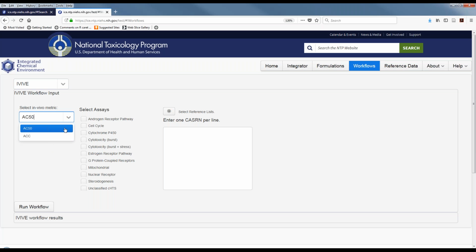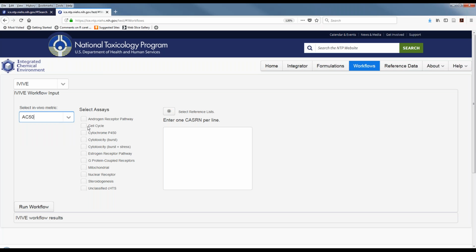The first thing you want to do is identify the type of data that you're using as your input. What IVIV does is it takes an in vitro value, so your ACC or AC50, and then figures out the estimated administered dose that you would expect to see the similar in vivo effect.